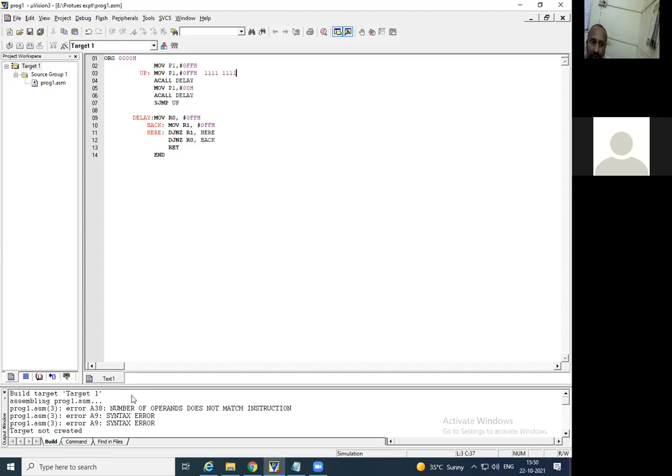In brackets 3, if you look, this is at line number 3, there is an error. What is the error? The tool is not able to identify it exactly, but we are supposed to identify where it is, what is wrong. Tentatively it has told there is some problem, so that problem we are supposed to identify. Okay, so now I have removed that. Again Build Target.